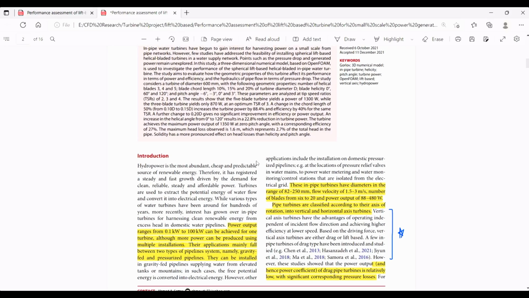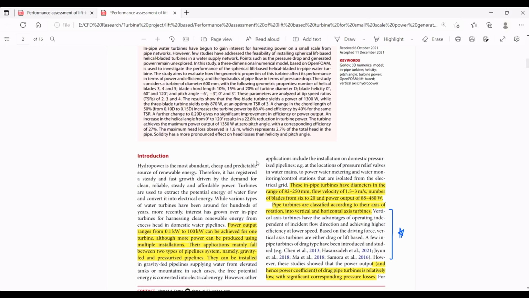And the turbines in pipe can be installed in gravity fed pipelines supplying water from elevated tanks or mountains. And as explained earlier, in these cases, the potential energy of water at a higher level is converted into electrical energy. However, on the other hand, in pressurized systems, the turbines are installed in pipelines that have pressures above the atmospheric pressure, and the higher pressure is used to drive the turbine, which in turn is used to generate the